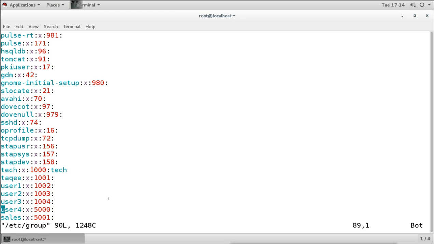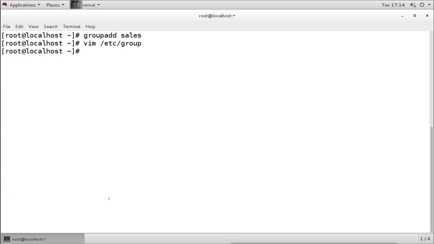Now if we want to add a primary member or secondary member, we can do that by using the usermod command. We can use this command to change the primary group membership for the user. For example, we use -g to change the primary group membership.